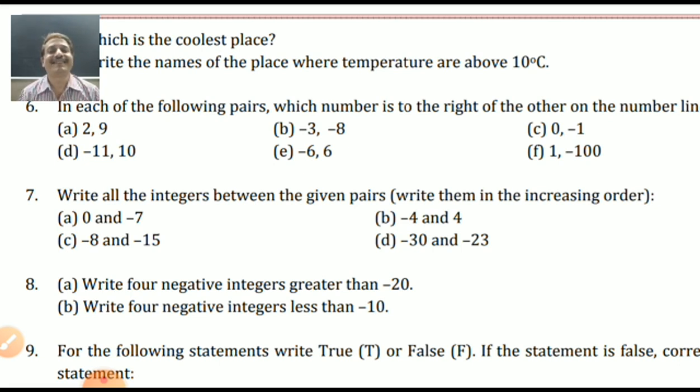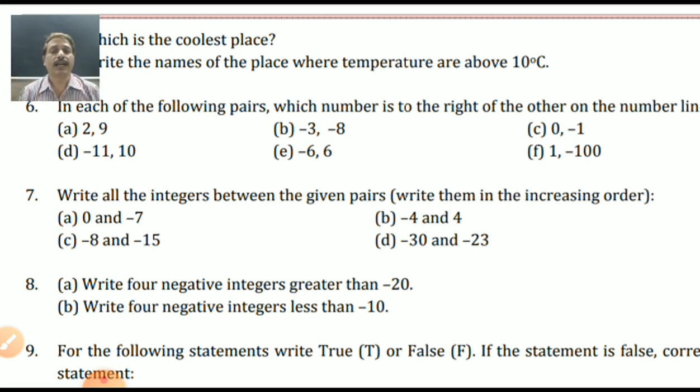So here it is given here 0 to minus 7. Minus 4 to 4. Minus 3, minus 2, minus 1, 0, 1, 2 and 3. That's a B answer. Clear? 0 to minus 7. Who is the smaller? Minus 6, minus 5, minus 4, minus 3, minus 2, minus 1. Between they are asked. That's why we are not collecting 0 and minus 7.